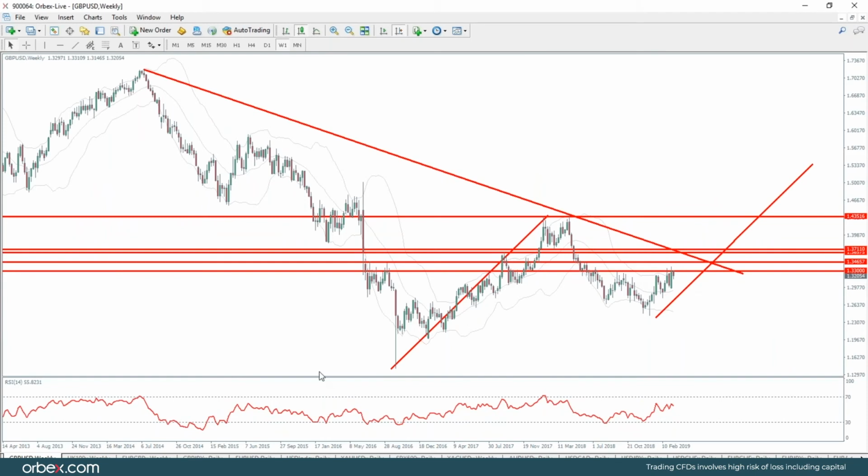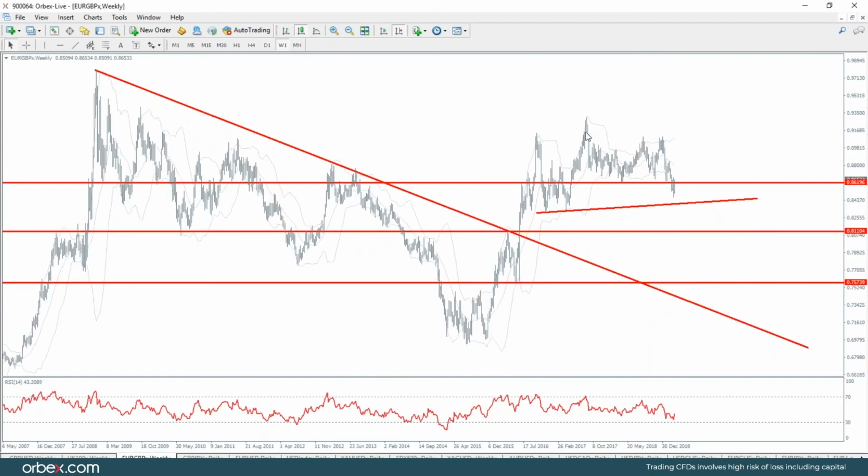And then on the Euro Sterling chart, you can see we've actually got this head and shoulders pattern here. So the left shoulder, the head, the right shoulder, and we're currently trading down to test the neckline along this rising trend line. So again, if we do see the EU granting the UK an Article 50 extension, and the severity or the scale of the move depends on how long the extension is, but on its basis, if we do see the EU granting the UK an extension to the Article 50 process and sterling starts to rally, then we could see a break of this neckline,